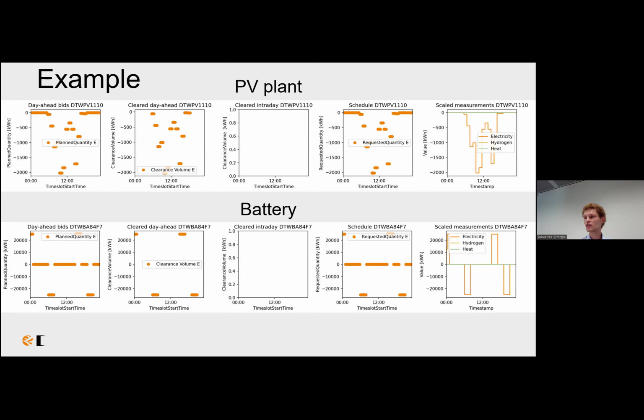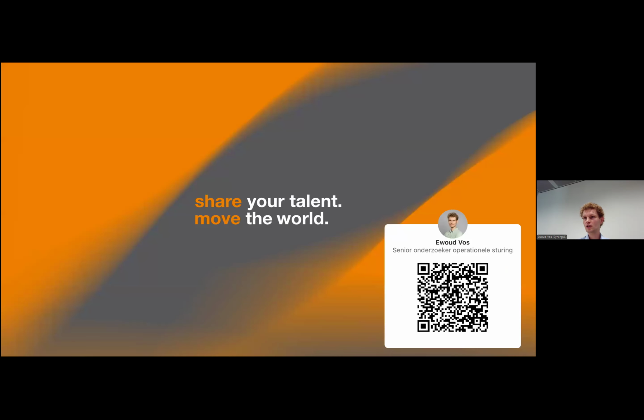And on the right, you see, is the digital twin actually able to follow the set point that it gets from the market? So if you've sold a certain amount of energy, for example your battery, is the battery then also able to deliver that at the time slot that you sold that energy? And the conclusion is that the digital twins are pretty good at doing that. The physical counterparts, with physical hardware, you end up with some alterations there.